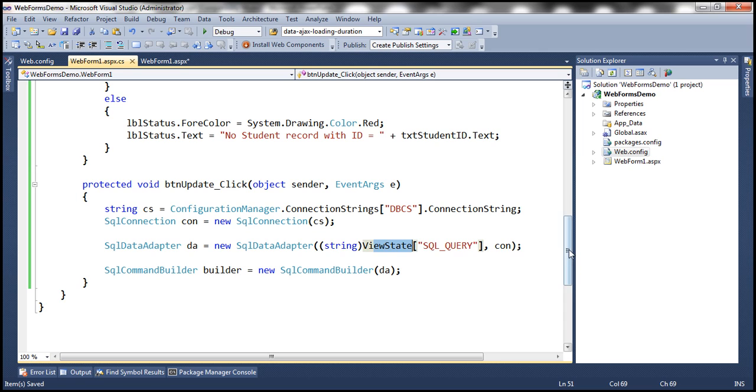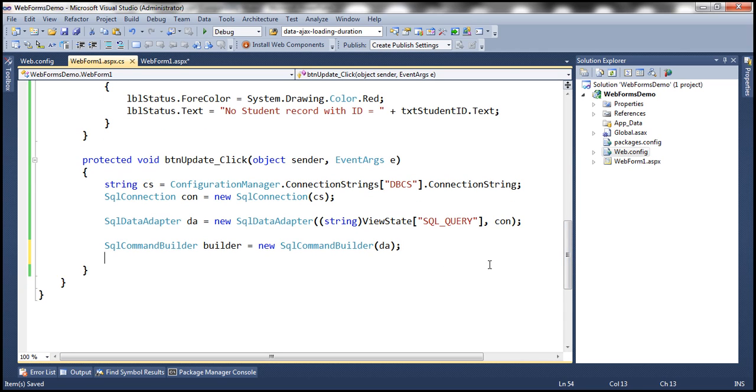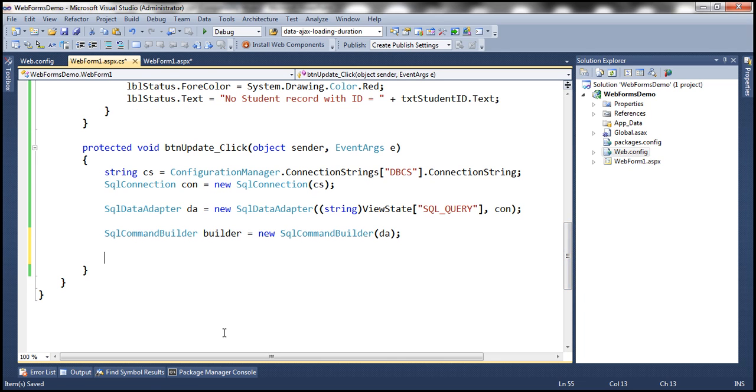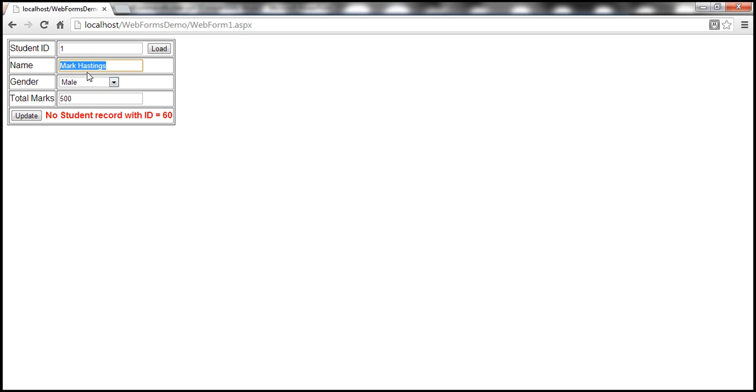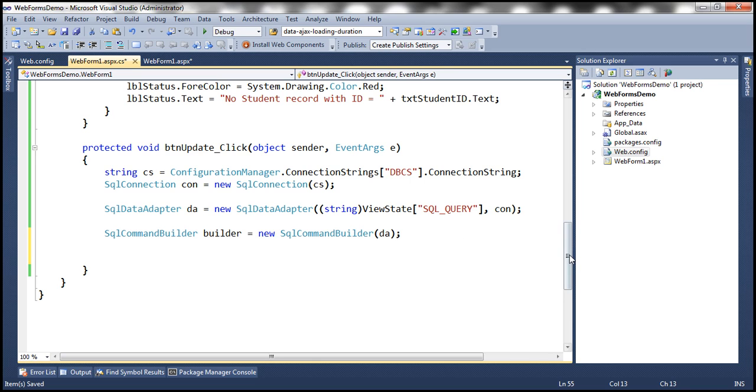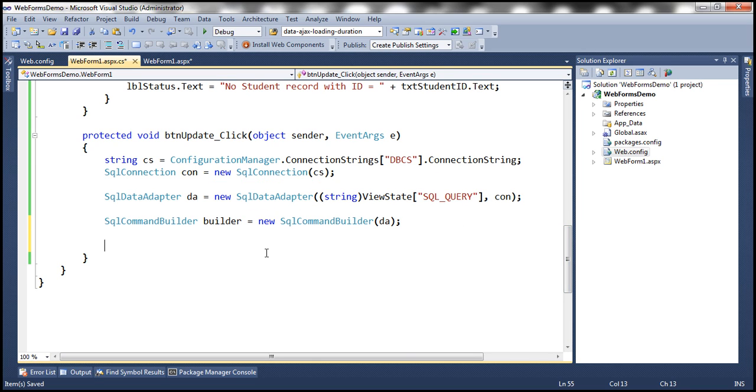So at this point, SqlCommandBuilder should have generated the insert, update, and delete statements. Now we can make any changes that we want, and once we click update, we want to persist those changes back to the database table. Now what we are going to do is we first need to retrieve those values